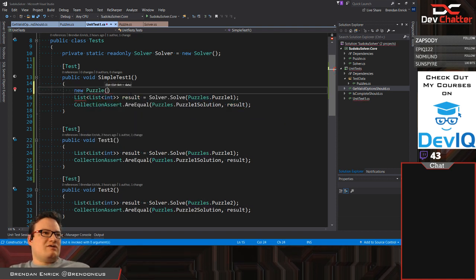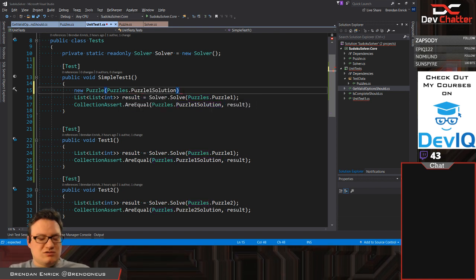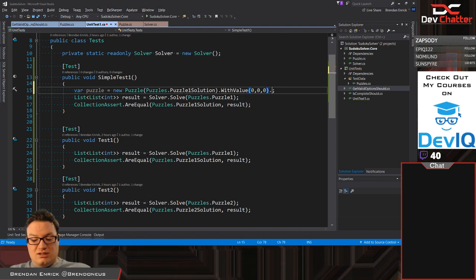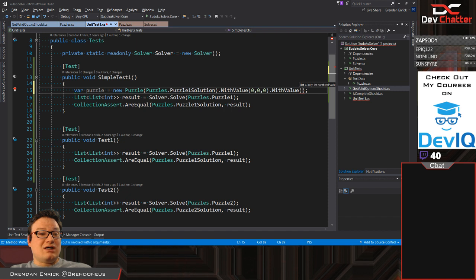I'm just going to do this. It's going to be puzzles, puzzle 1 solution. So I'm going to create a puzzle from the solution, and I'm going to say with value 0, 0 of 0, and then dot with value